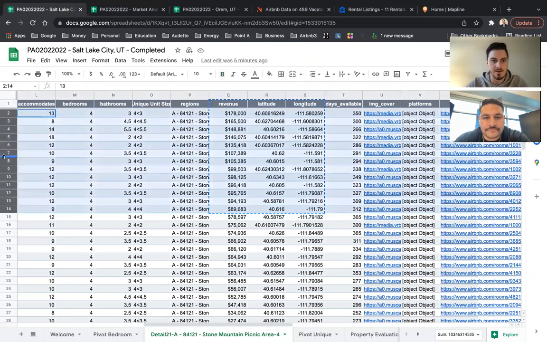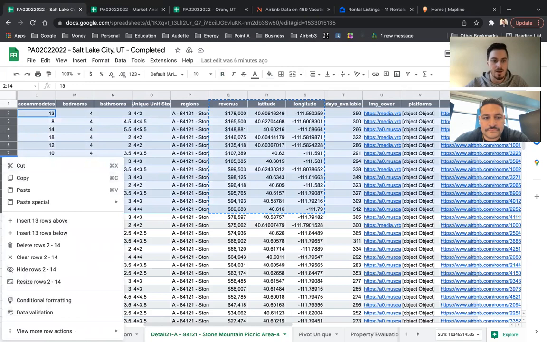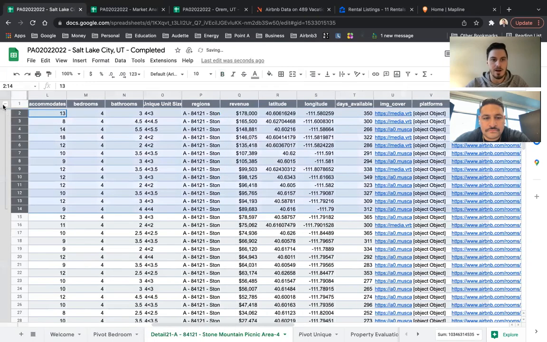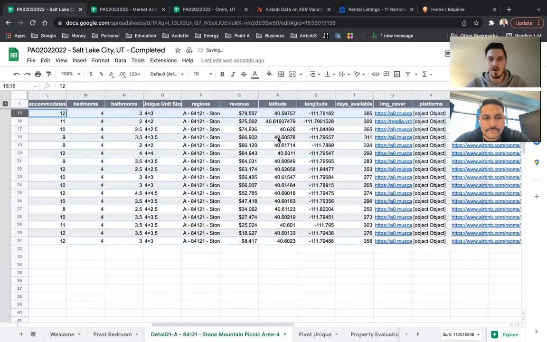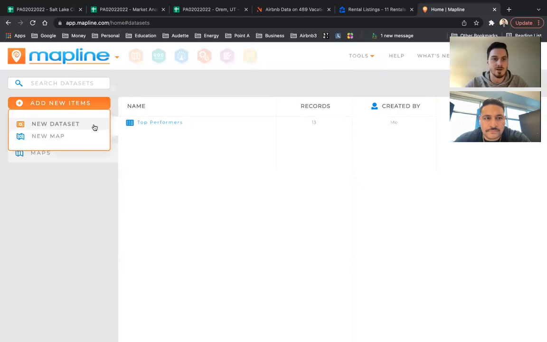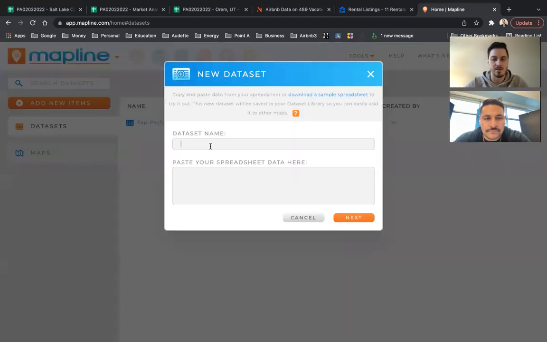So I'm going to take this, I'm going to group them together, and then I'm going to hide all of them, and then I'm going to grab all of the lower performers, because there's a huge group here that's making around 60 to 70, and I know based off of those rents that that's still profitable. So I'm going to come back over here, and I'm going to go new data set. I'm going to say lower tier,